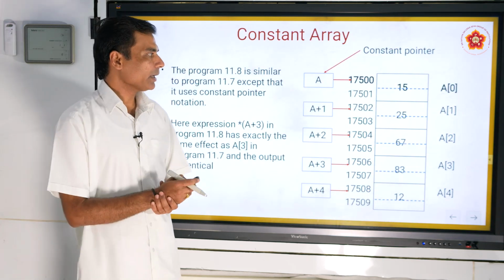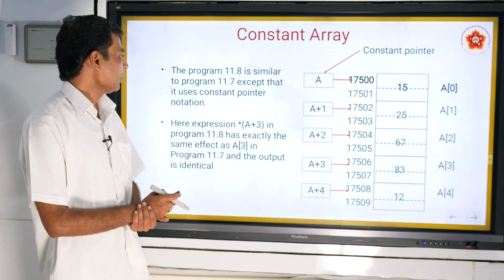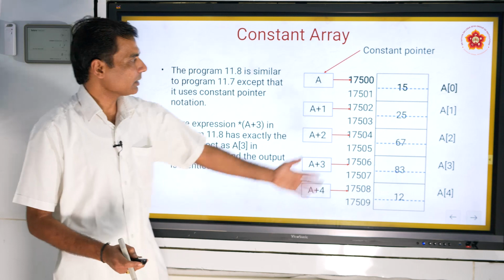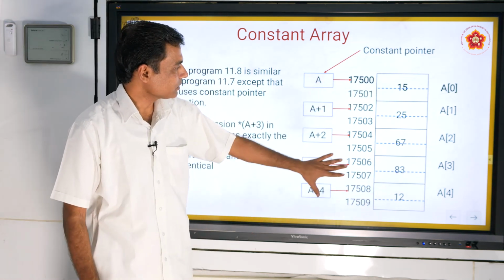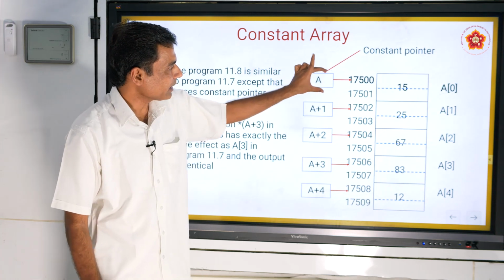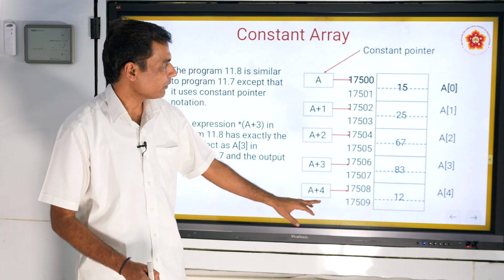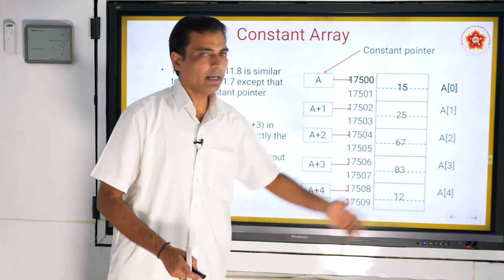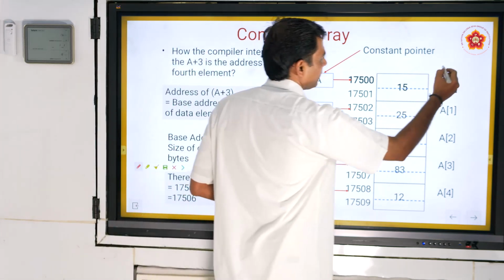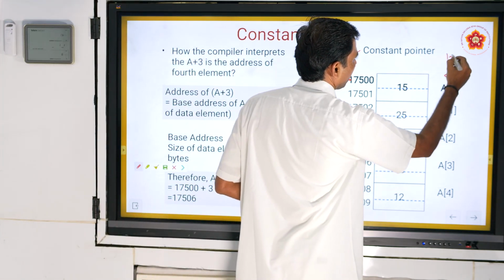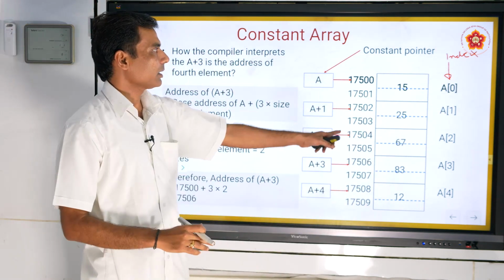Now the example that we have seen, this is a memory picture of that particular example. That array we have created, and these are the elements that we have stored in the array. So you can look at these pictures. This is A, that is the base address of the array, A plus 1, A plus 2, A plus 3 and A plus 4. These represent the index of the array, and these are the pointers and these are the addresses.